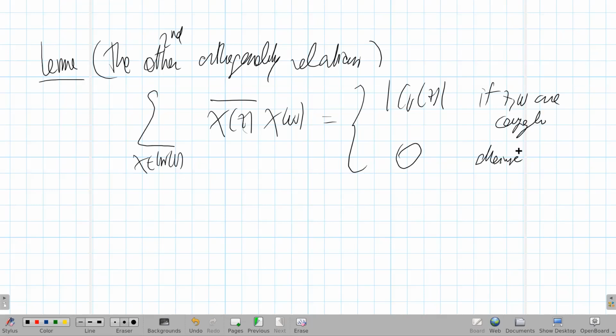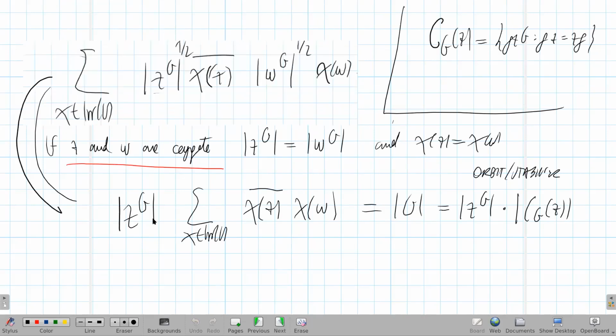Okay, and the reason is because here you divide by the size of the class, you obtain exactly this. And when this is zero, of course you multiply by whatever and you still get zero. Okay,